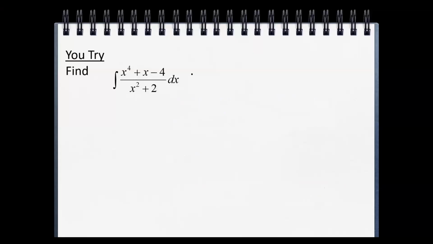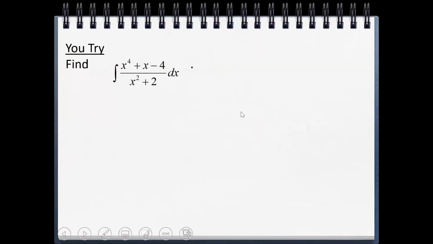Okay, here we go. All right, so when you have questions that look like this, where the numerator is greater than the denominator with the powers, you're going to realize that you could go ahead and try u substitution, but you're not going to get anywhere. So let's say, for example, u equals x squared plus 2. du is 2x dx. How are you going to get rid of x to the fourth plus x minus 4 with a 2x? It's just not going to happen.